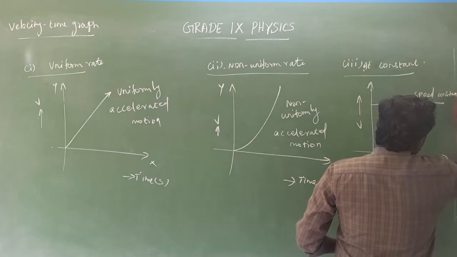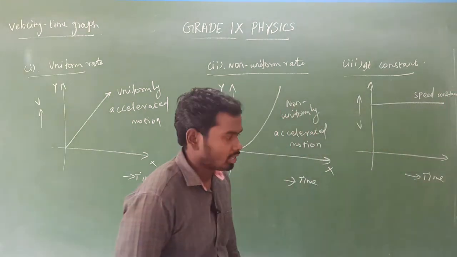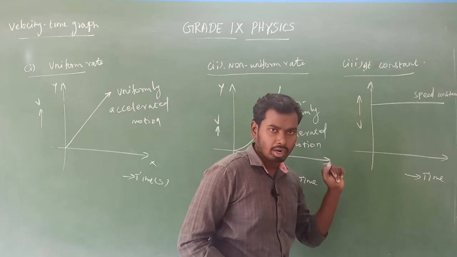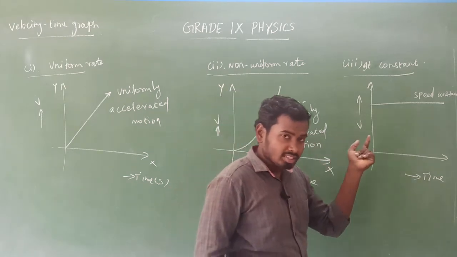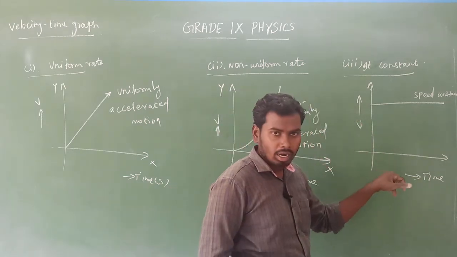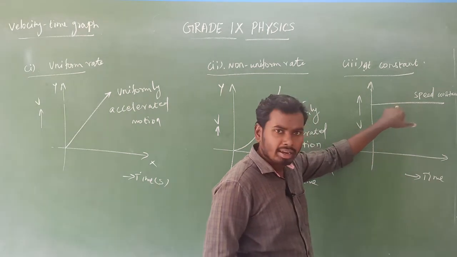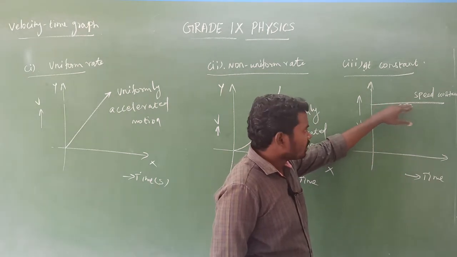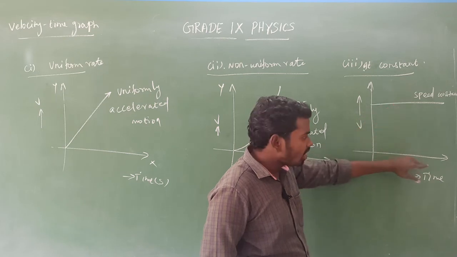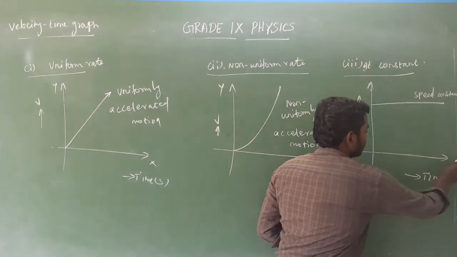Here the speed is constant, isn't it? Yes. So this is a velocity time graph. Look at here. In a velocity time graph, if the line is a straight line, can you see this? This is a straight line. If the straight line is parallel to the time axis, which means the x-axis,